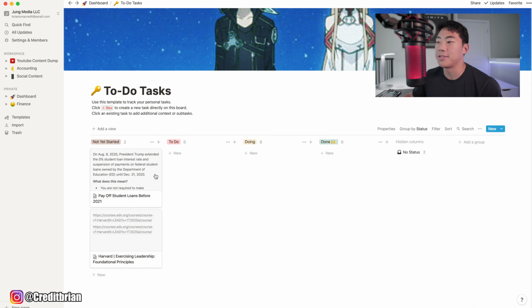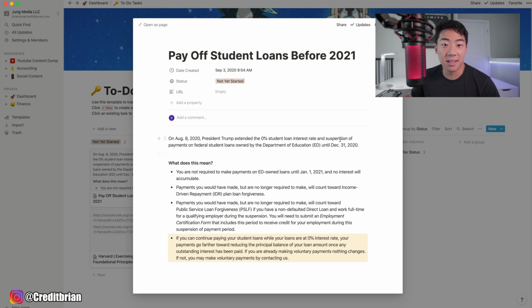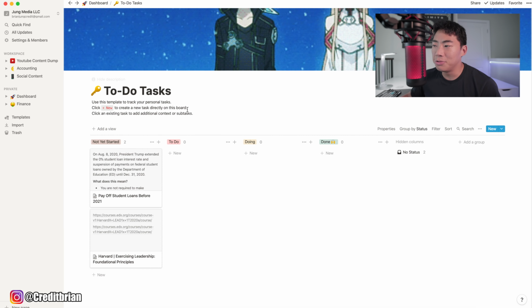If you are a student, this is a good reminder: because of the CARES Act and what we're seeing with this pandemic, you actually have the ability to pay 0% interest rate on some of your student loans. So if you are interested in doing this, make sure you pay it off before 2021 starts, because it extends until the end of the year. You save more money by paying off the loans that you took out by not paying additional interest. So these are to-do tasks I'll have.